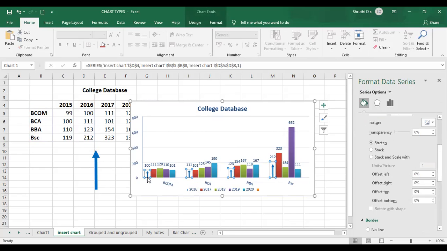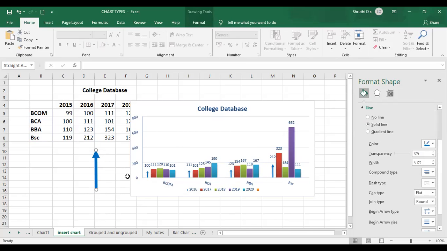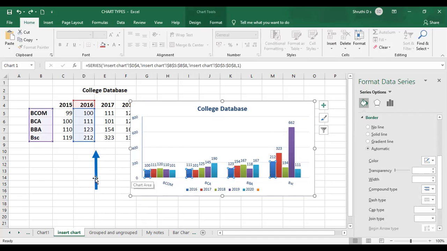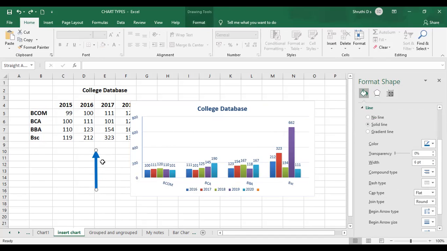See, now the difference is the bar which was there has changed to the shape which you have inserted, right? So how did I do that? Just select the shape whichever you have inserted to the sheet. Copy that using the shortcut Control C, or you can even go and copy it over here, no issues.